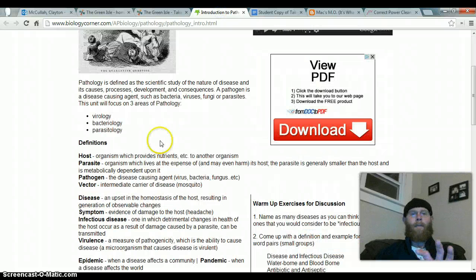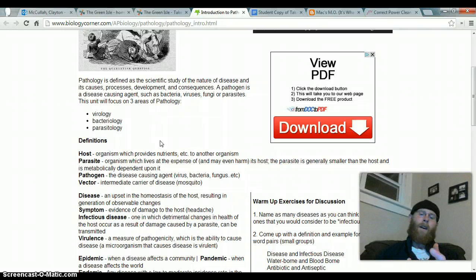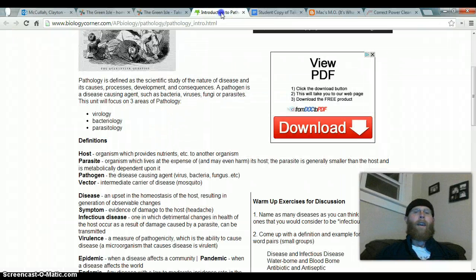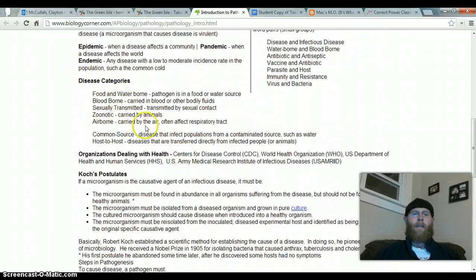I pulled out the information that we're going to need for the case study, and left behind some of the information that would take up more time, that might be interesting and is good information, but not necessary for what we're doing. But for our case study, you do need to understand what these terms mean. I do want you guys to define these in your own words. Just remember the suffix logi means study of, and if you can figure out what the prefixes mean, it may help you out. But again, use this page here to help you define those terms,